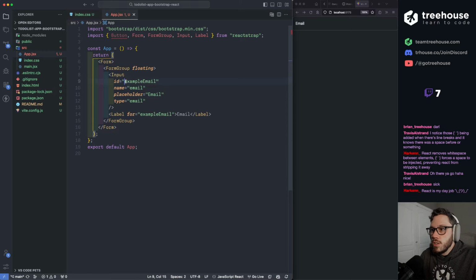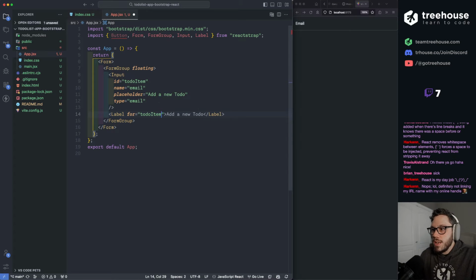Cool. Let's change the ID to todo item. Placeholder will be add a new to-do. And copy this over, paste it as our floating label text. And this is example email. We're going to change this to todo item. Cool. It's working.